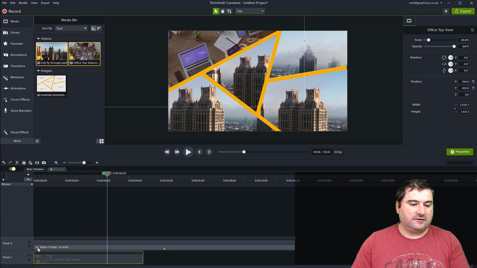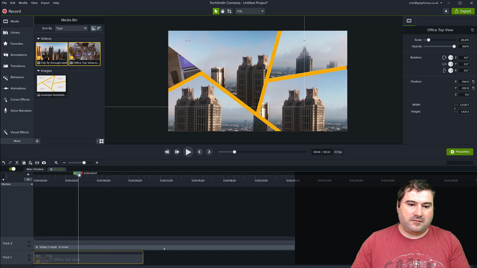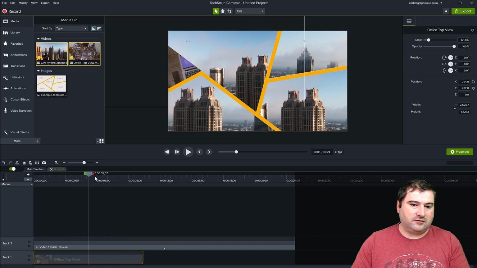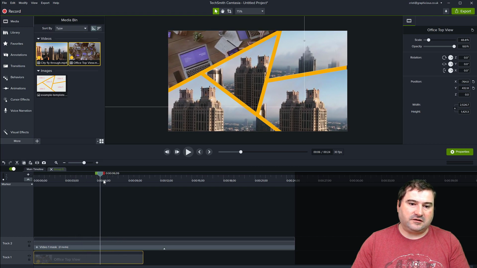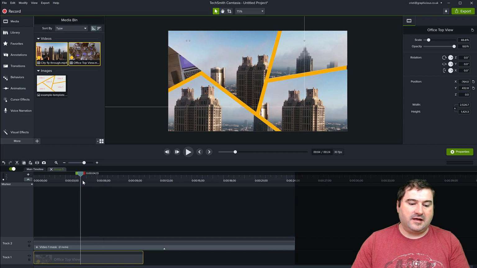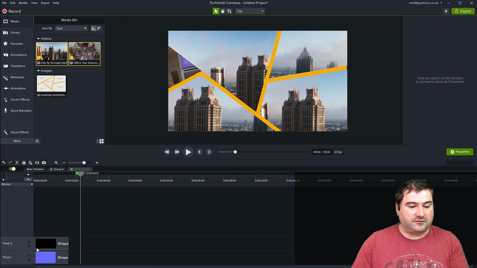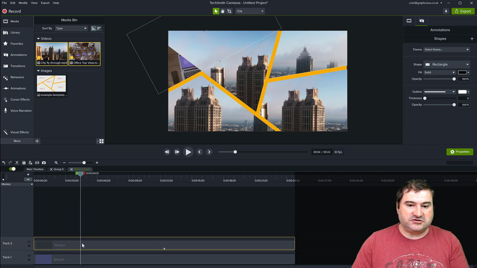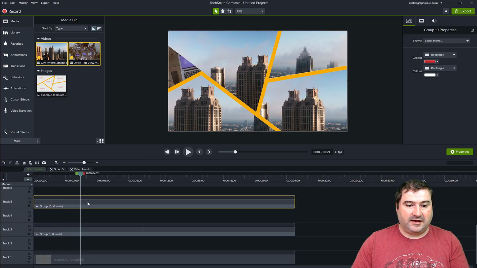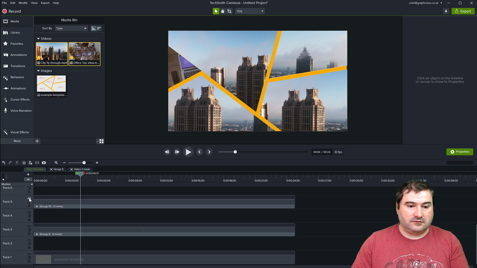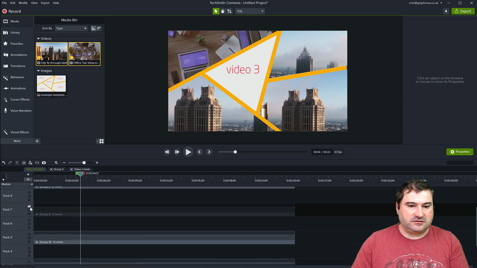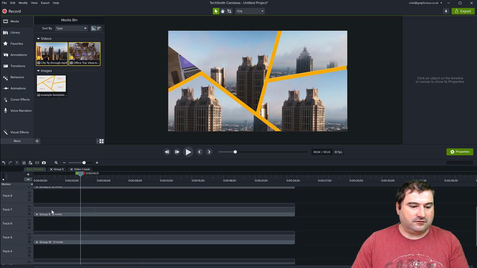Notice that. So there might be something wrong with my mask here. So if something's happening with your mask, like for example this one, see it's disappearing for some reason, that probably means that inside of that group I messed something up. So I'm just going to open the group and check my shapes. There you go. That is fine, and that is fine. So maybe one of the groups has been changed. Let's see which one it is. Okay, I think it's video number 3.